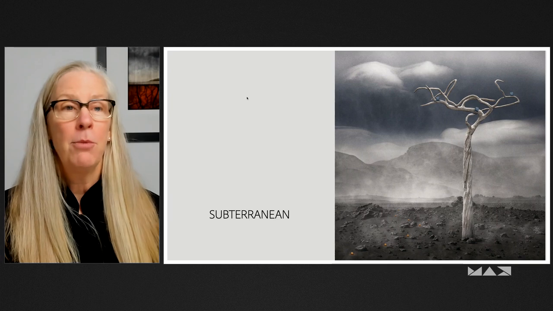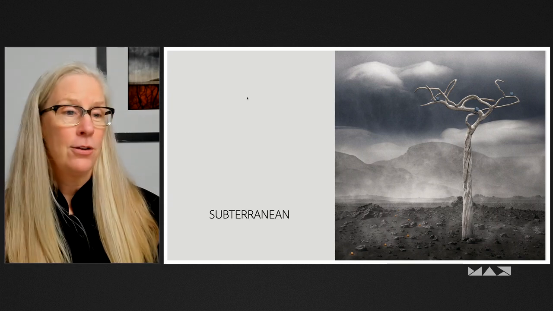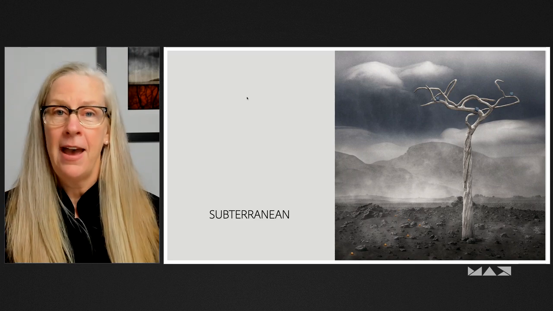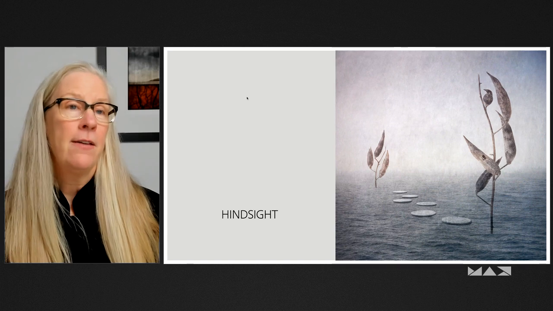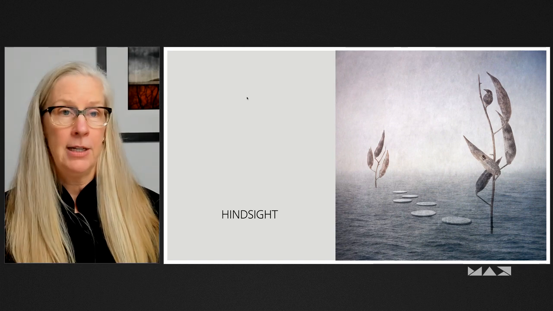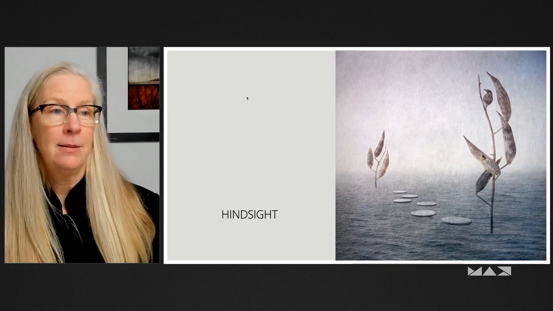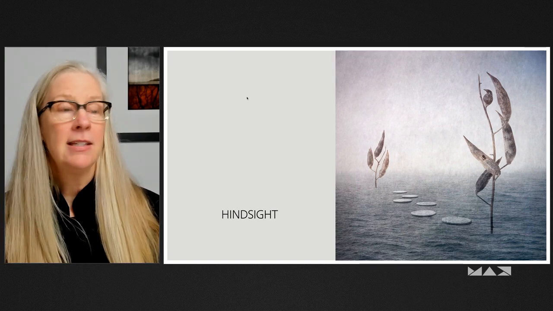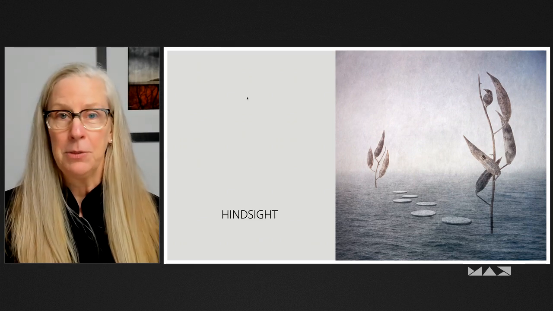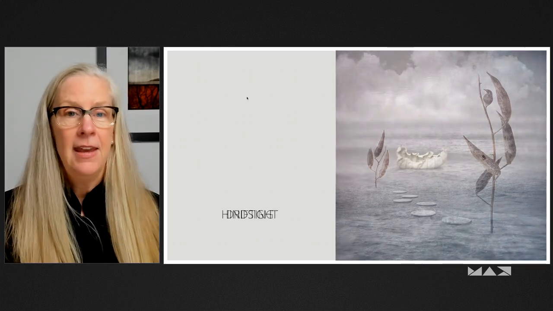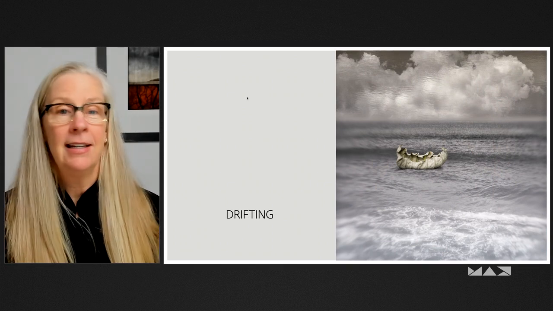So in this image, the primary subject is the tree with the bulbs on it. The secondary subject are the little orange bulbs that form the path in the environment. In this image right here, we have the front pod as the primary subject with the pod that looks like a bird. And then we have the secondary subject as the pods in the background set in this environment that has the water and the stepping stones between the two pods. And here it's even simpler, right? I just have one primary subject set in an environment.